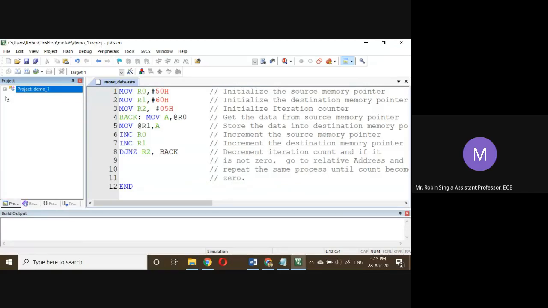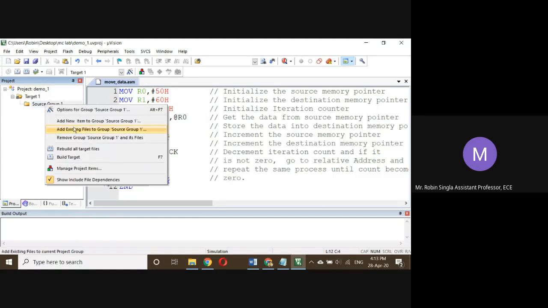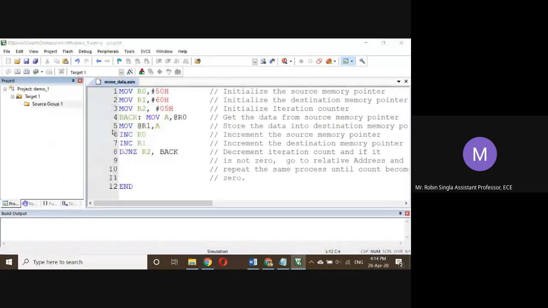If this window is not open, you have to click on this plus sign here, and if target one is not open, again you have to click on plus, and then you will find this folder, source group. Right click here, and you have to click add existing file to the group.